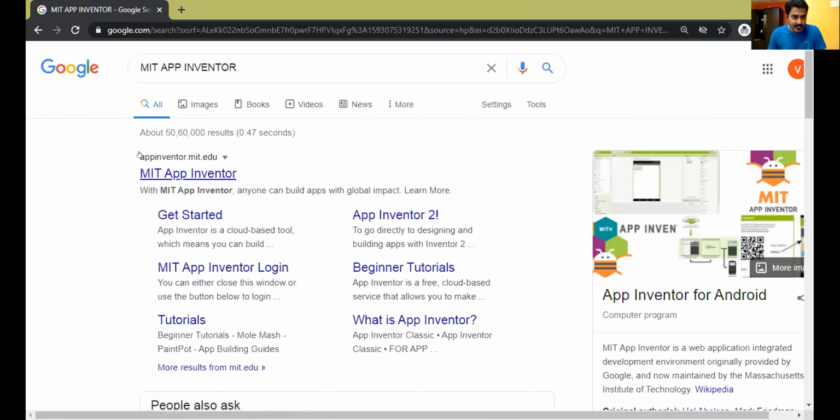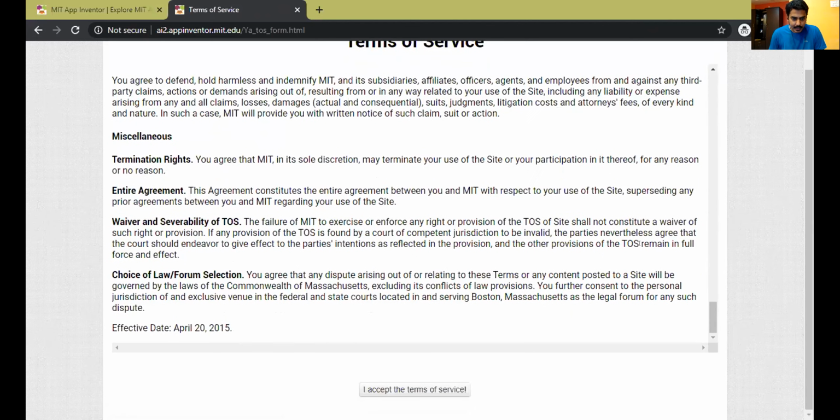Here, click on this button known as Create Apps. It will open another link, and now it will ask you to sign in using the email ID which you created now. So here is the email ID, Vishal Jagdishan 10101994@gmail.com. I have to select this. It will ask you to accept some things. Just scroll down to the bottom and click the button I accept the terms and services. That's all.